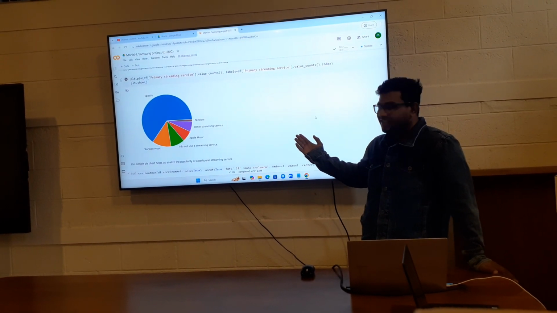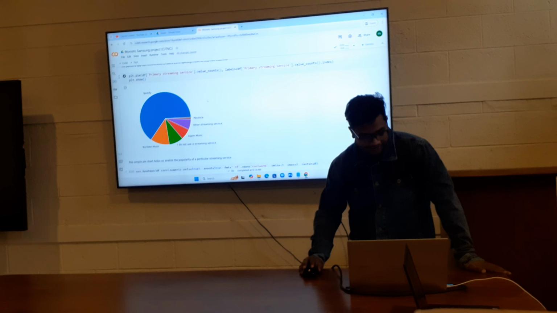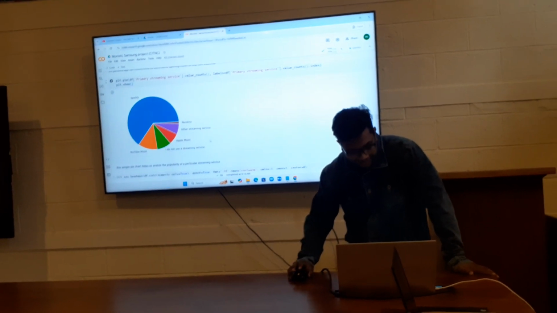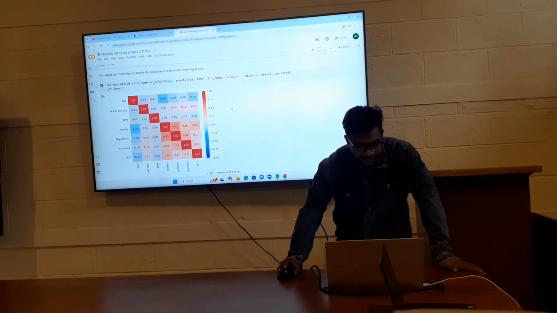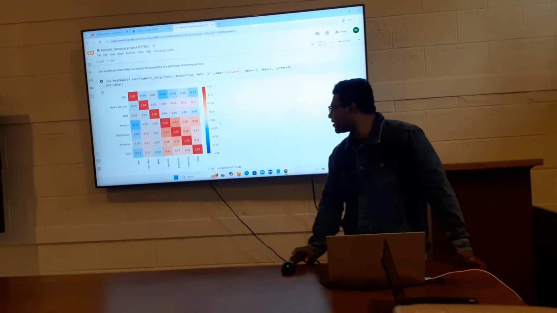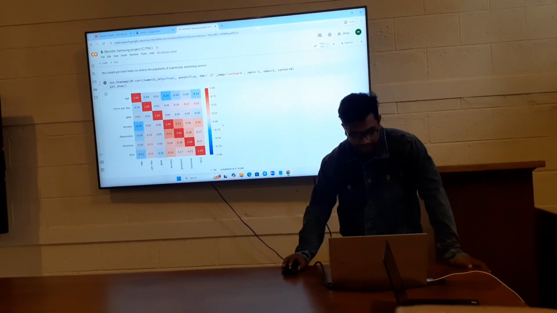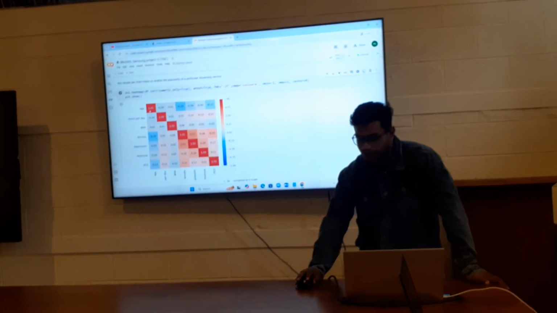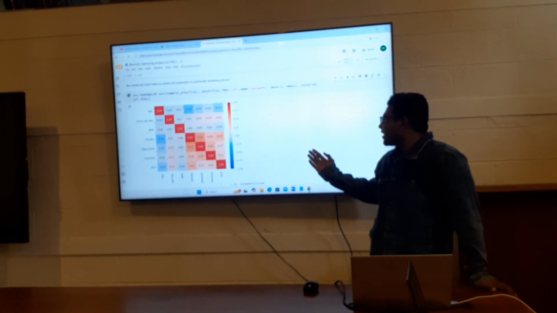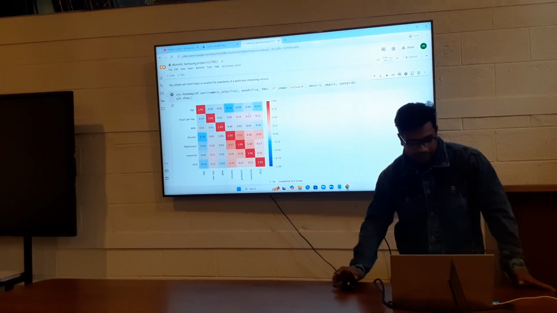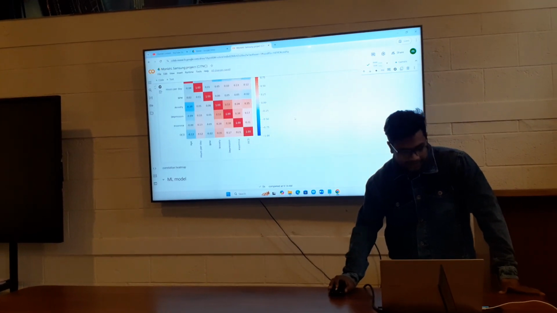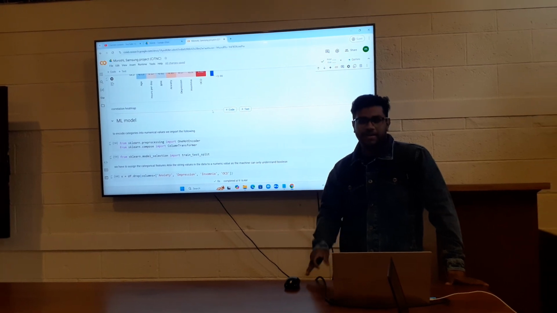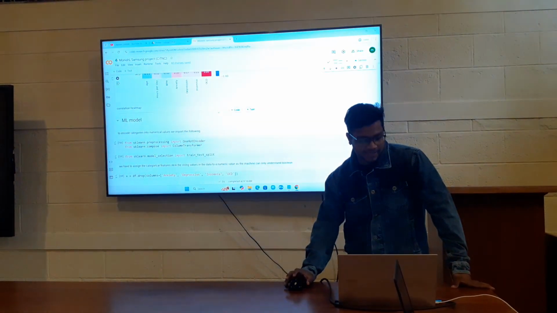From this we can say that Spotify is the most popular among everything, and then YouTube Music is the second, and then "I don't have a streaming service" is the third. Then we'll plot the heat map to see the correlation between anxiety, depression, insomnia and other mental issues with what kind of music they listen to, what age they are, how many times they listen to music, how much BPM music they listen to, etc. Now we'll train an ML model to try to predict the data from the given data set.